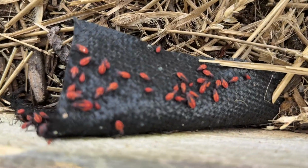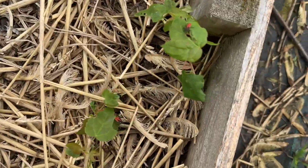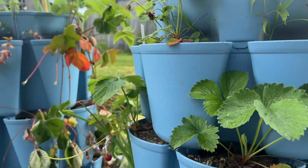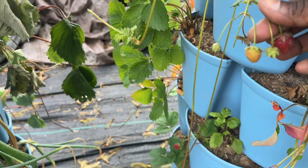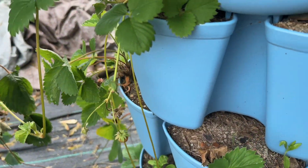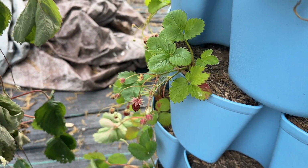Here are the big culprits that we're dealing with this year. These pests. They're horrid. And I say that because, I mean, this is a weed. This isn't something I care about. That's fine. But they have completely annihilated our strawberry plants. Okay, maybe not completely. I see a few of them that look okay, and I may just go ahead and harvest them this morning. There's one. That one looks okay. This one looks okay. I want to see if I can show you a good example of how they're just ruining